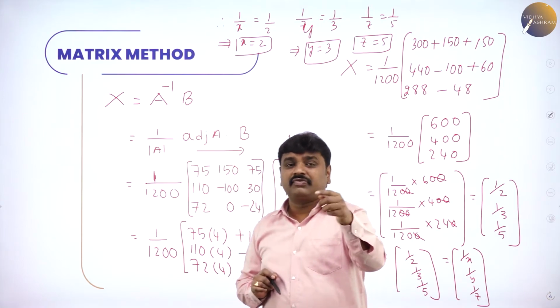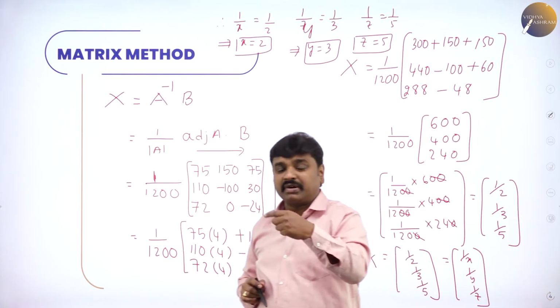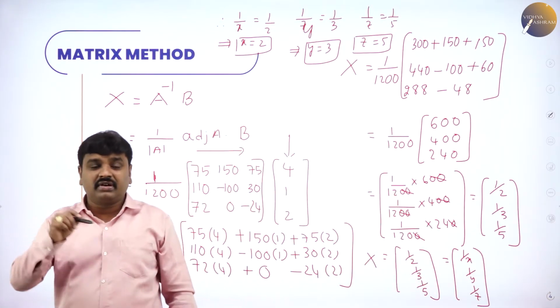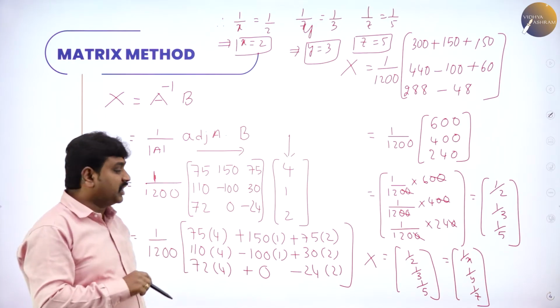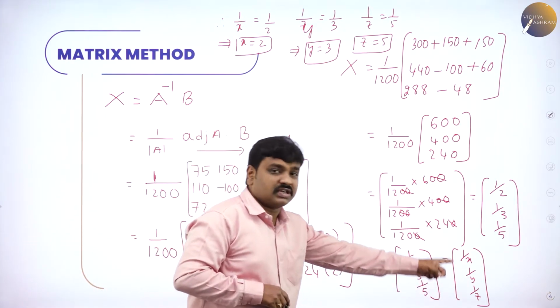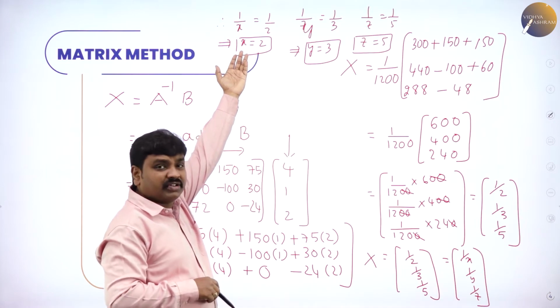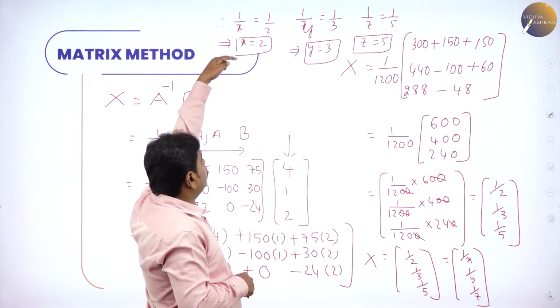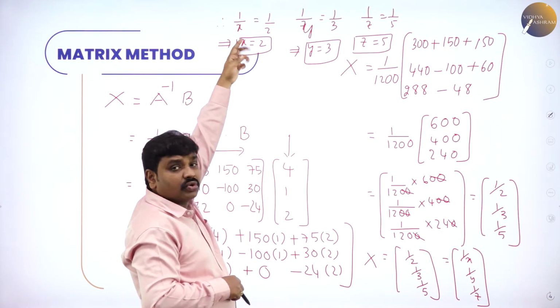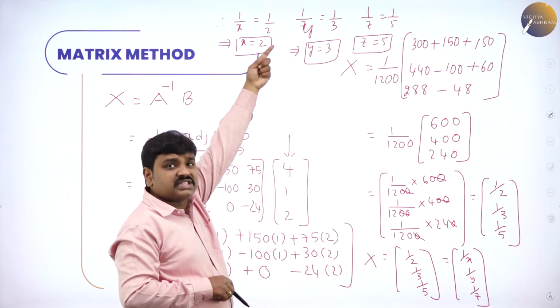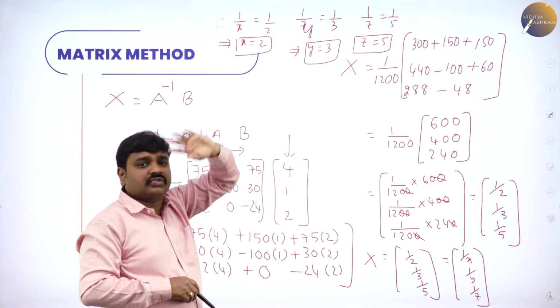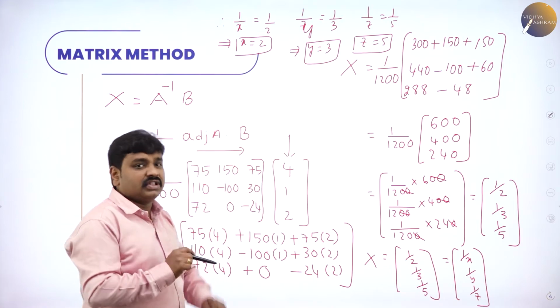The given problem was in the form 2 by x minus 3 by y, like that. So x, y, z were in the denominator, so we took capital X as 1 by x, 1 by y, 1 by z. Take reciprocal. If 1 by x is 1 by 2, take reciprocal on both sides, x becomes 2. 1 by y is 1 by 3, so y is 3. 1 by z is 1 by 5, so z is 5. So now we are done with the problem.